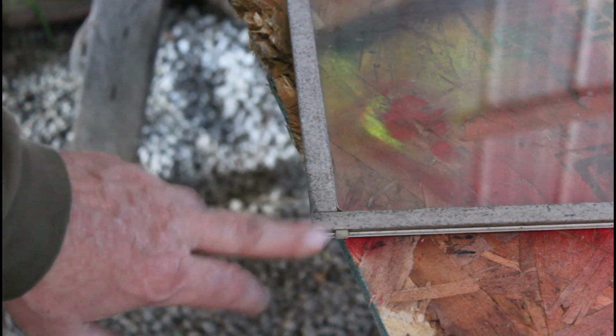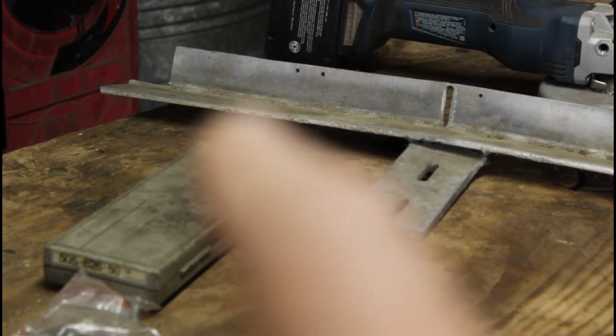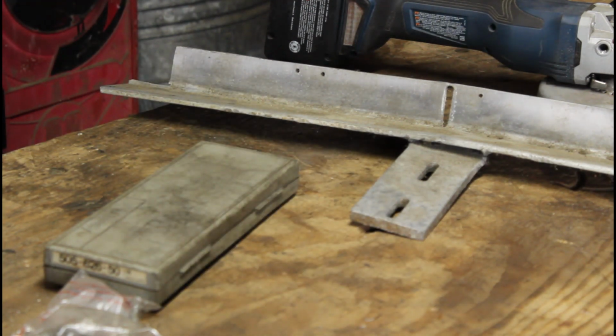So now I'm going to take a piece of aluminum and make these right here. I'm going to have to make that right there. That's my pattern. And I'm going to get it out of this old aluminum hitch. Okay, it's got several different thicknesses of material. So first of all,